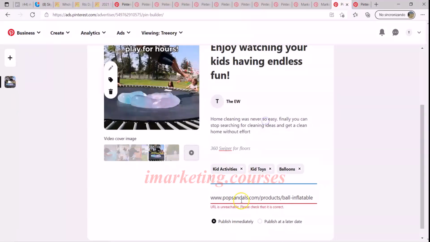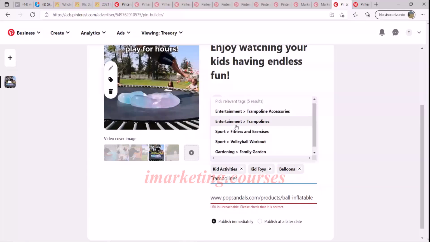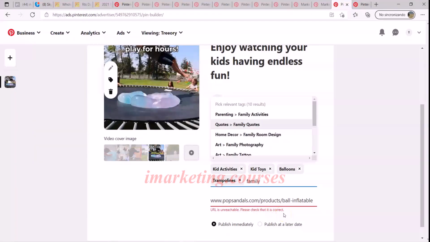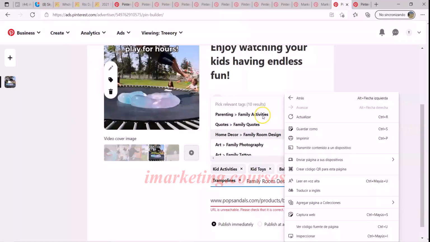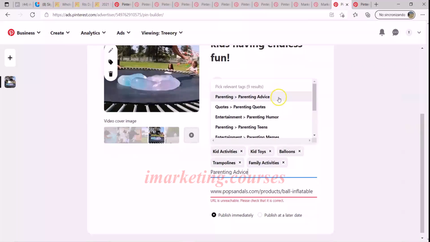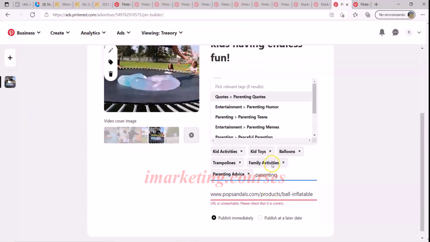We can put balloons, trampoline, entertainment, family activities, parenting advice. We should have here 8 to 9